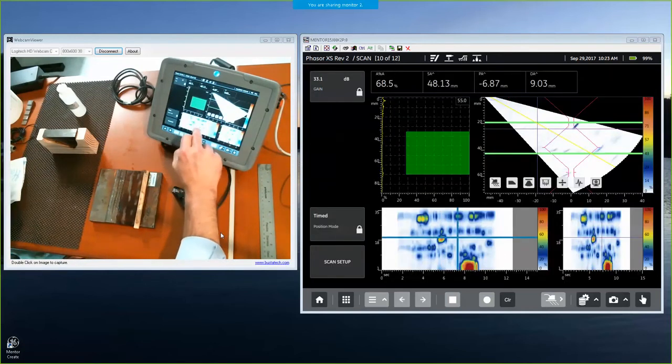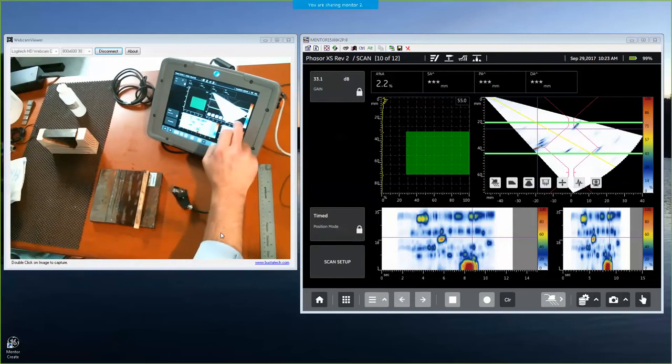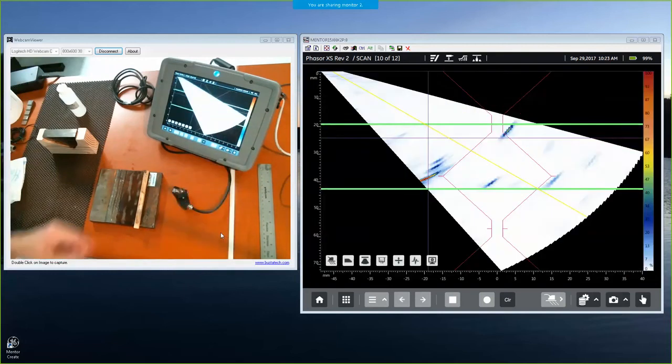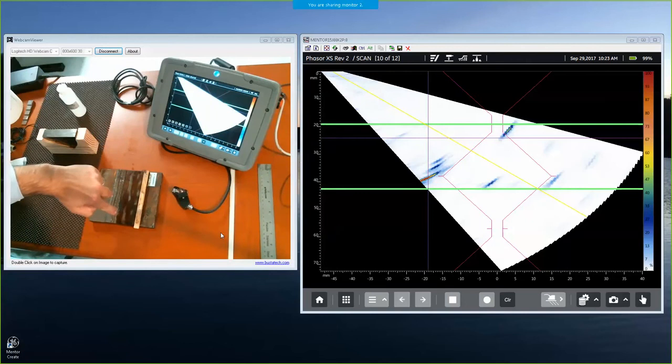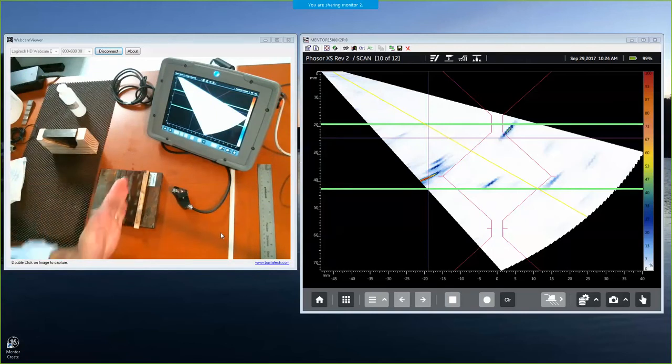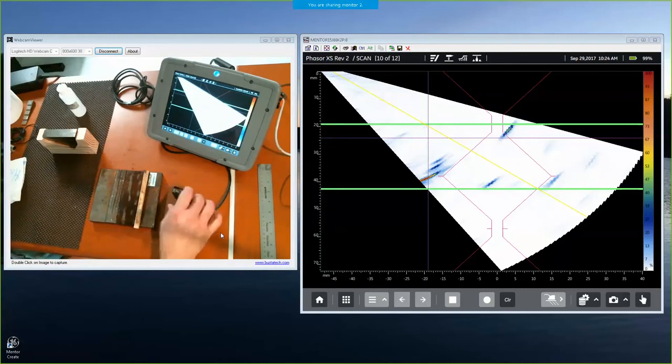And if I come over here, there's that nasty crack that's right on the surface. It's actually a little bit to the near side of the weld in the base metal. So it's outside of the outline of the weld. You know, our index, my distance might be off just a hair, but that